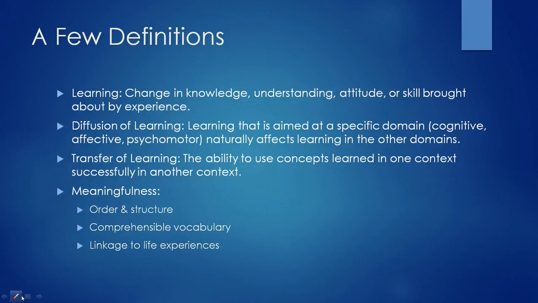Your text also talks about meaningfulness, how we have to give the content that we teach meaning to the students, so they get it, they understand it, and it has meaning. I'm not just talking about personal meaning. I'm talking about just understandability, that they understand the material. Your text talks about how order and structure help with that. When things have order and structure, it's much easier to get. Using a vocabulary that they understand, so using language, because if they don't know the language of how you're describing something, then it makes it more difficult to learn it, and the meaning is lost.